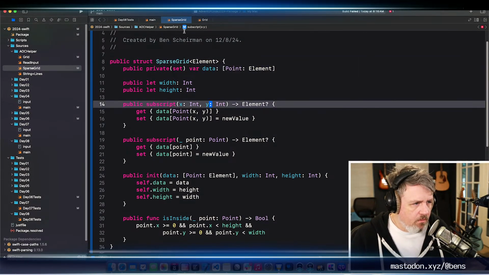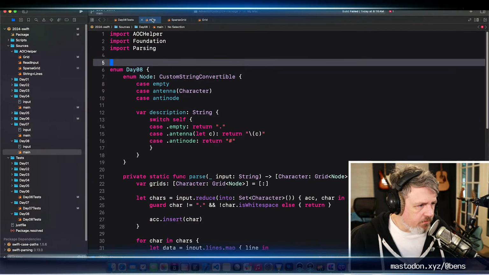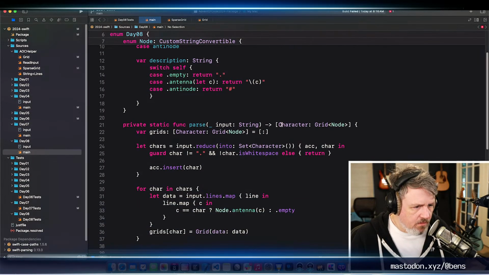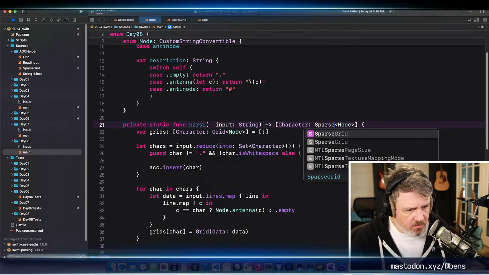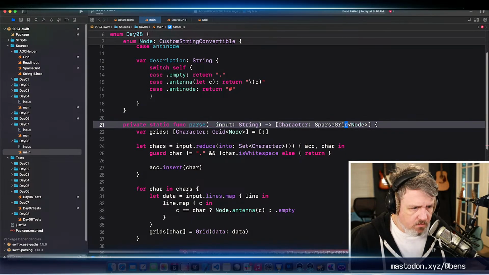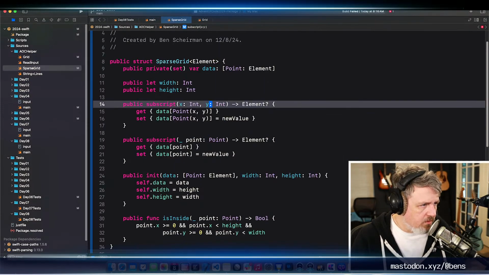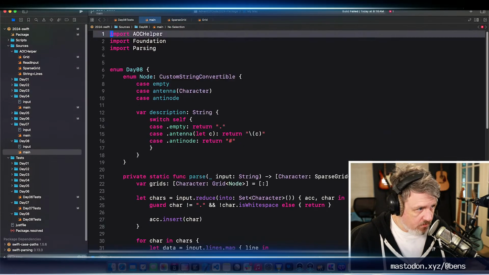Yeah. Okay, so let's go back over to day 8. This is going to be a sparse grid of nodes. Sparse grid is public.